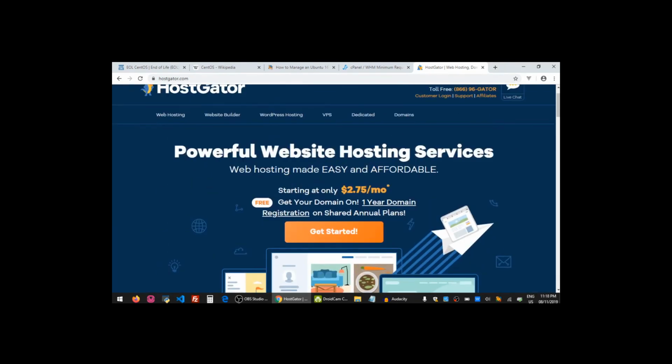Like they tell you, powerful web hosting service starting at $2.75 per month. Now, once they give you this offer, it will work. It's not like it will not work. But when you dig deep into the terms of service, you begin to see limitations, especially as regards the sending of emails. Now, the reason why this happens is that once you get this kind of shared hosting server environment,